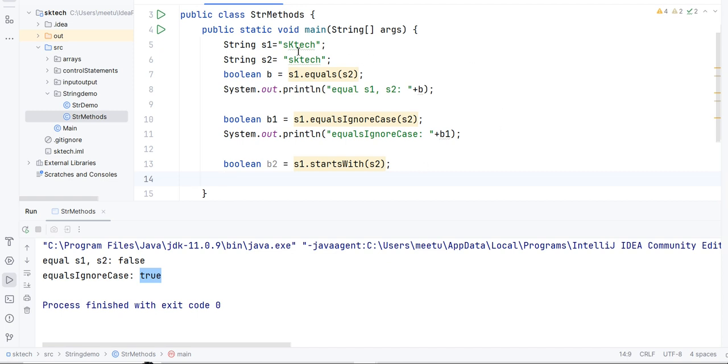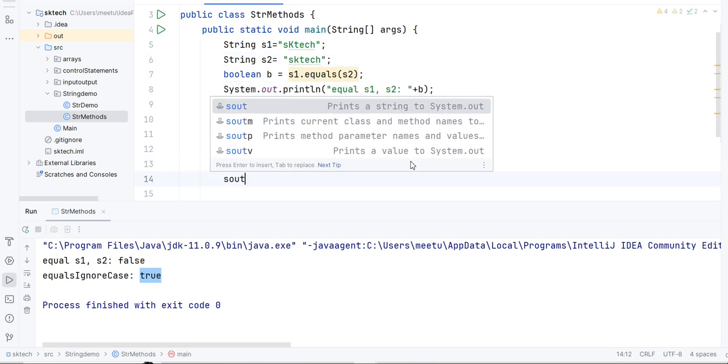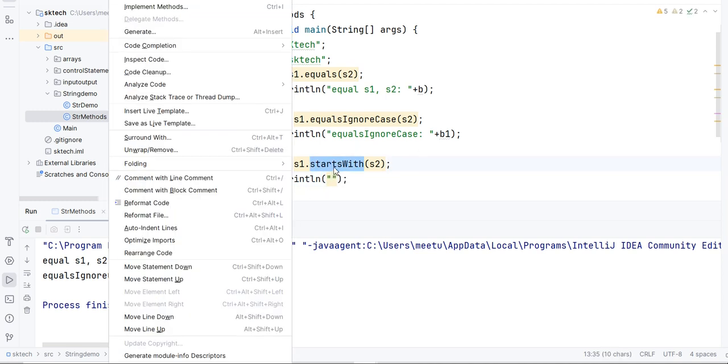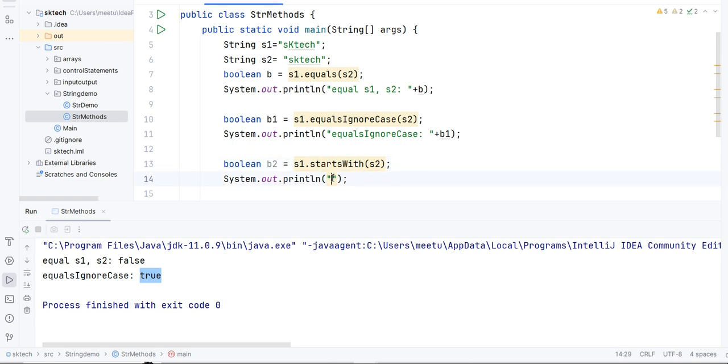Let's print this output and observe. Let's write something like startsWith s1 and s2, and the output is b2.